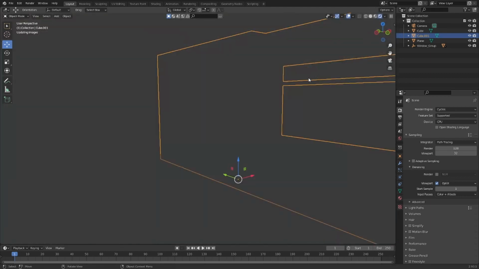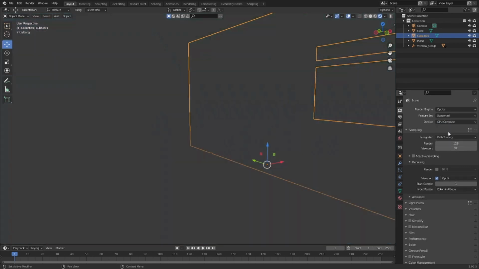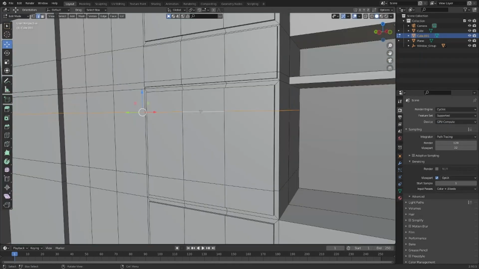Now switch the view to rendered view. I forgot this before, but if you have a graphics card, you should switch your device to GPU compute in the render settings. Now in edit mode, select this edge loop and double tap G and move the edge loop